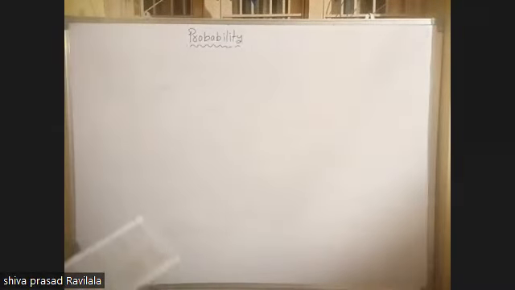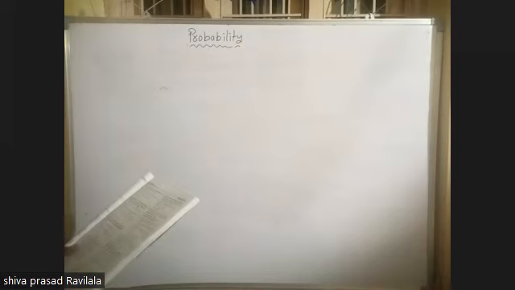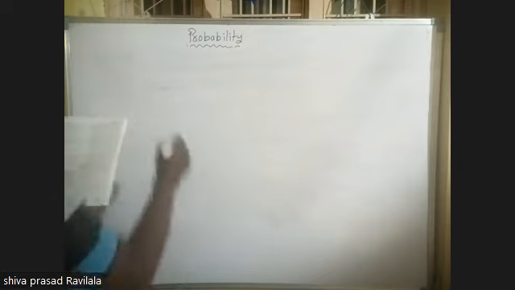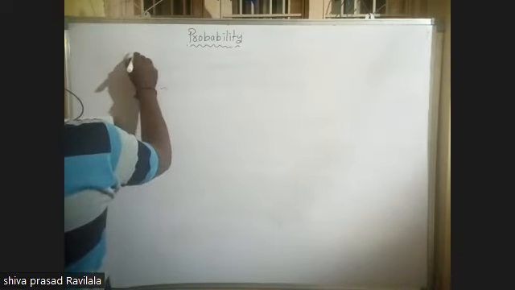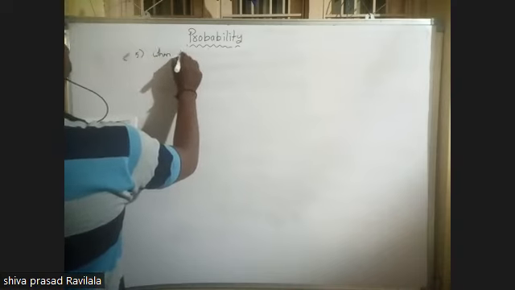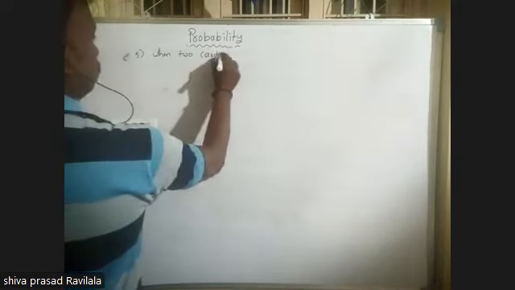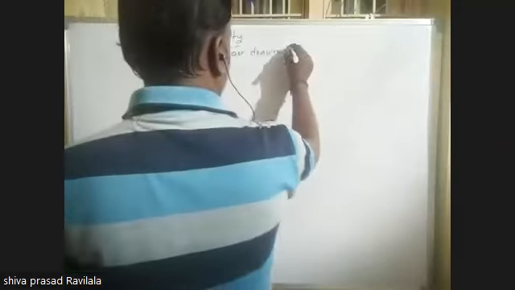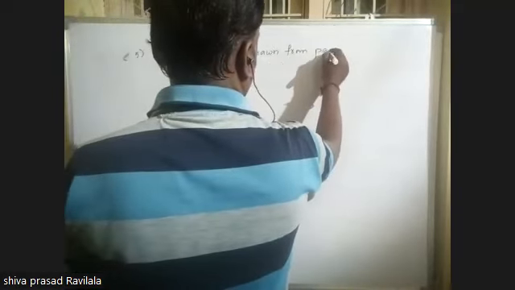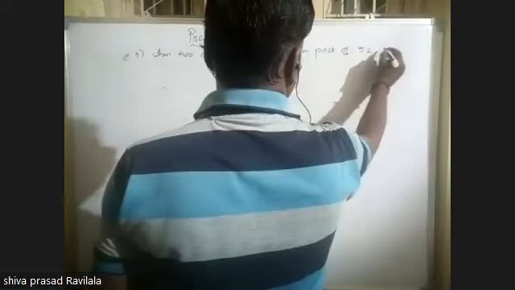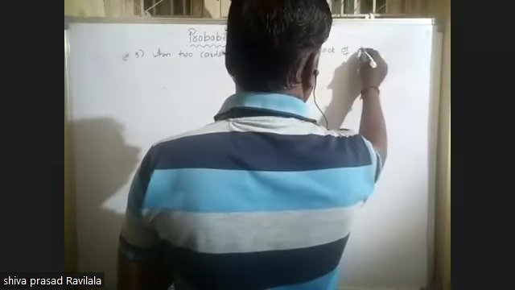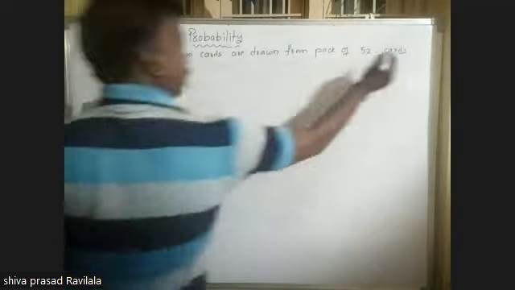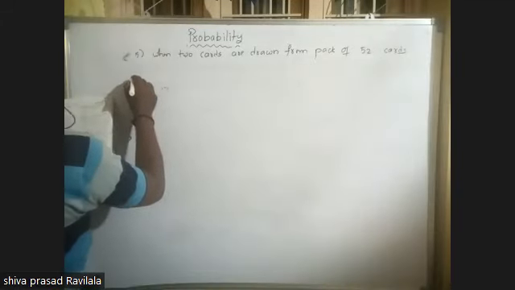And one more question. When 2 cards are drawn from a pack of 52 cards at random, find the probability of getting both club cards. When 2 cards are drawn from a pack of 52 cards, at random, of course, randomly. Everything is random. Find the probability of getting